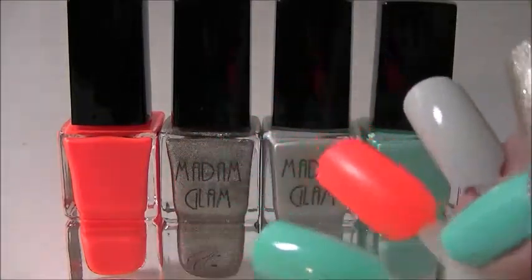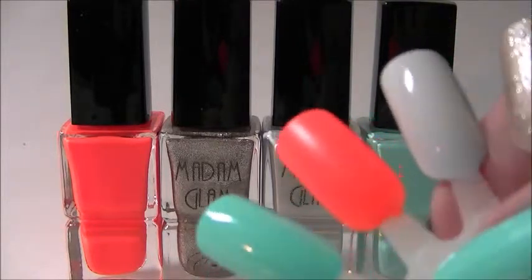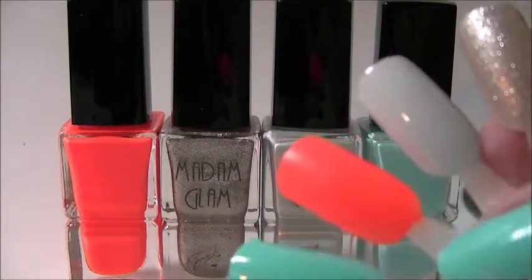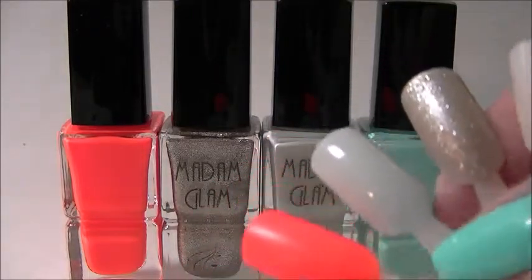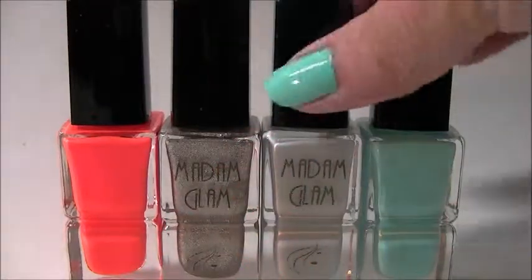It's very pretty. It dries to sort of a satin opaque. It's not as high gloss as the other 2 polishes on either side of it. At first it looks like it's going to be, but it ends up drying to sort of a satin gloss finish. And then the next polish that they sent me was